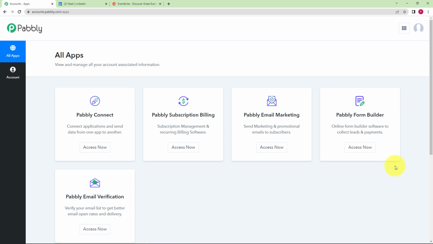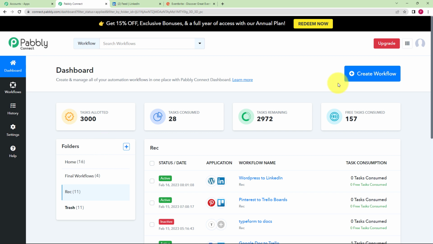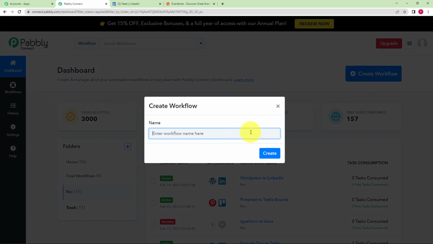And then I will have the applications that Pabbly provides in front of me. Today we are going to create an automation by integrating two applications, and therefore we are going to use Pabbly Connect. Just click on Access Now and then you will be taken to the dashboard of Pabbly Connect. As soon as you reach here, you have to look at the top right corner. There's a blue button written Create Workflow. You have to click on that button because we are going to create a brand new workflow from scratch,